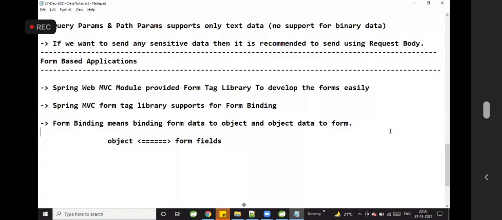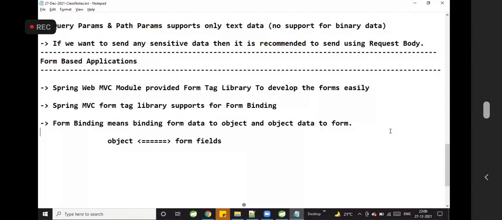Form binding means binding form data to the object and object data to the form.